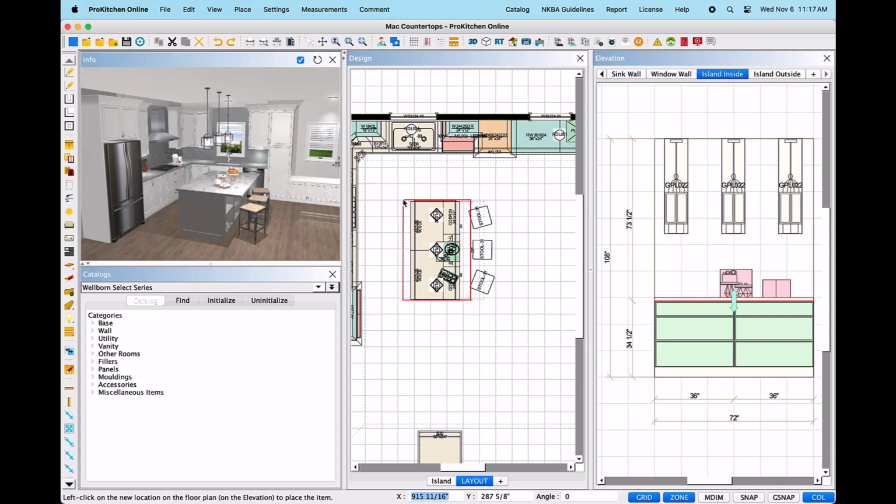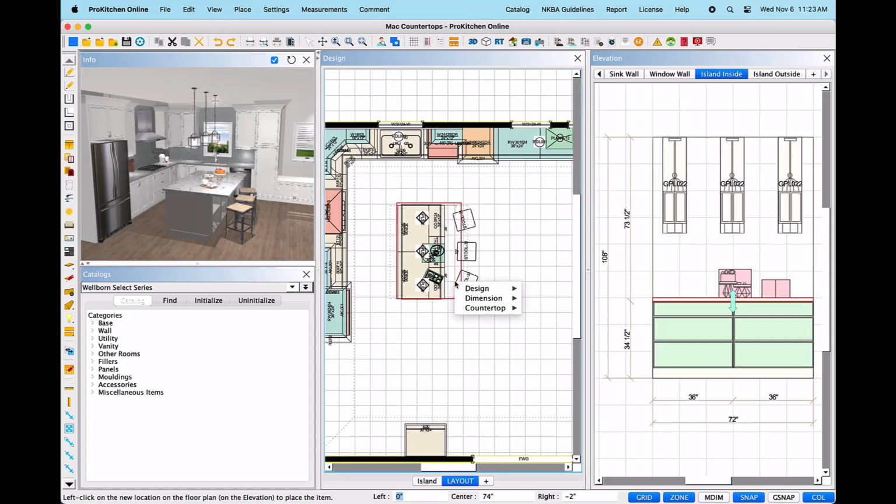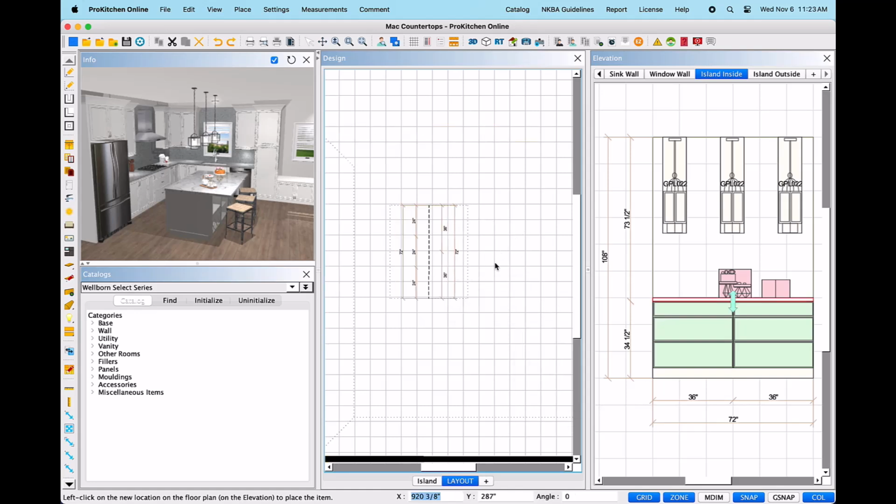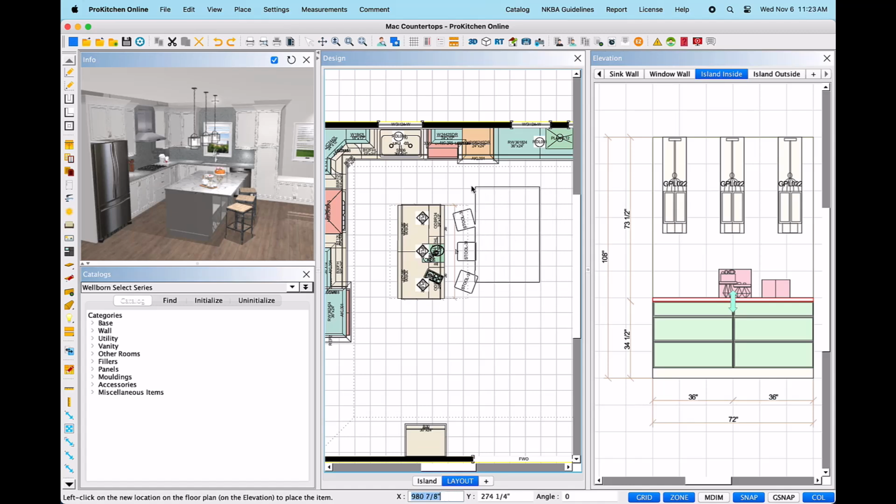countertop into place. If your zone and snap features are turned on, you may experience some limitation in movement, as the zone feature will snap the item to the face of the wall if you move any portion of the countertop into a wall zone, and the snap tool will snap the countertop to specific points along additional items previously placed in the design. If you need more control over the movement of the countertop, navigate to the bottom right corner of the Pro Kitchen window and left-click both the Zone and Snap tab, turning them gray, which will temporarily